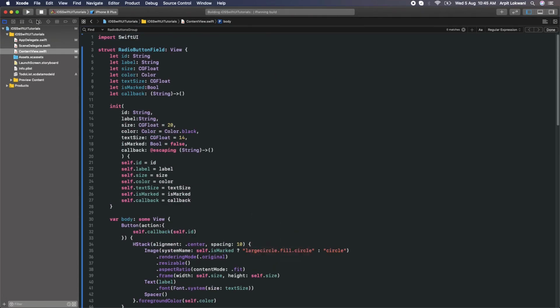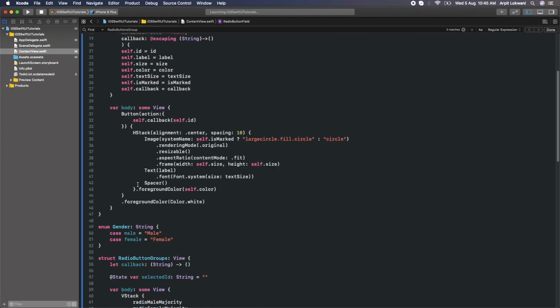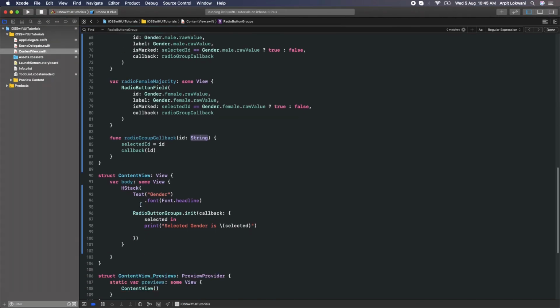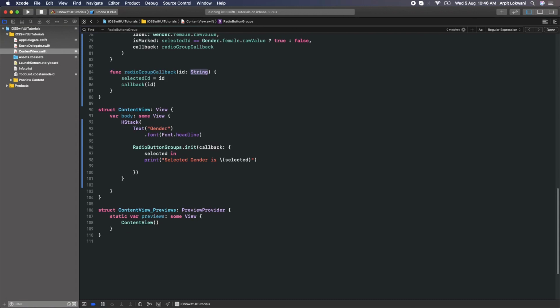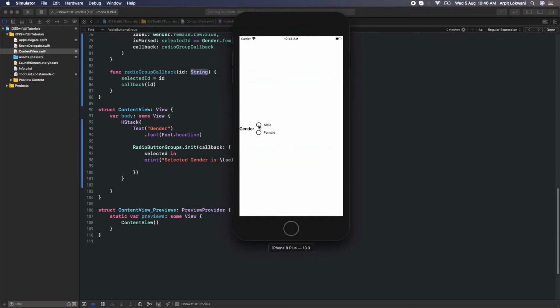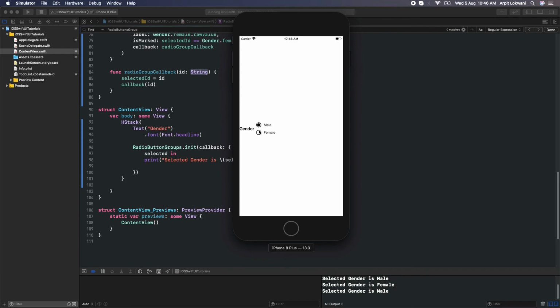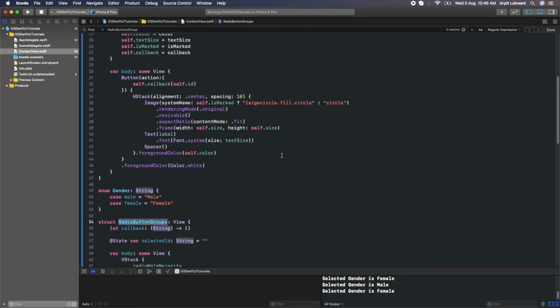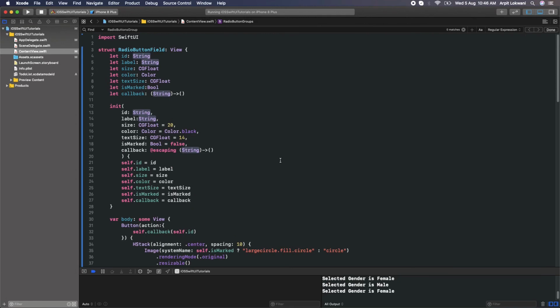Yeah, it should run now. So let me run this. So radio button we have created, plus for that groups we have created with the two things like radio button male and female also, and yeah, it looks good. Yeah, so let's try. Where is our simulator? Yeah, superb. So you guys can see that male female both is there, right? Easy, right? So similarly you can play around with more buttons, and you can put somewhere where you want to, frames and all these, you can play around. It's a basic thing, it's like a ground zero level work we did now, so you can see what to do.